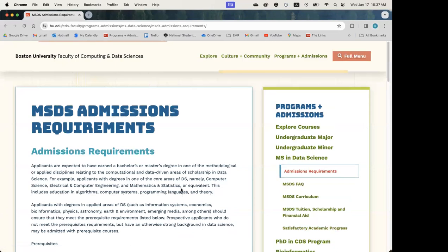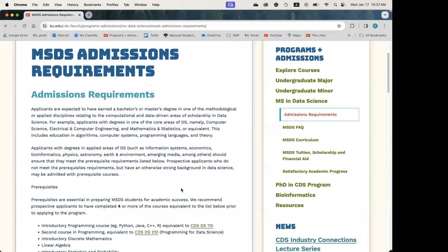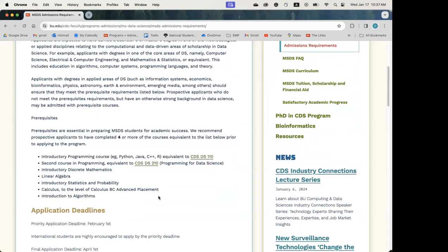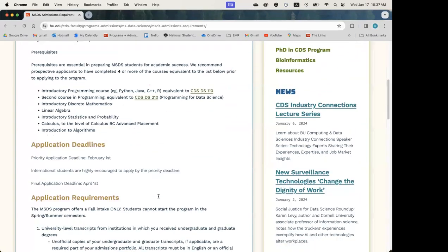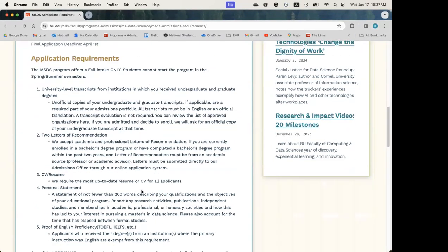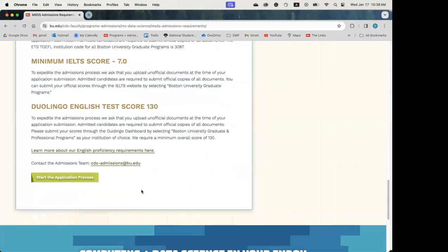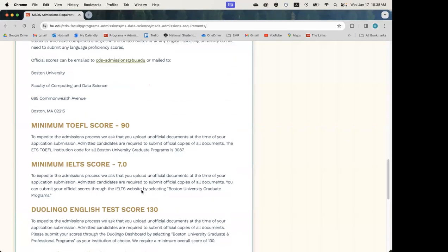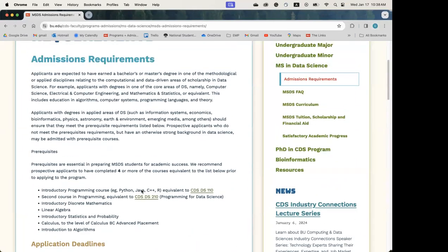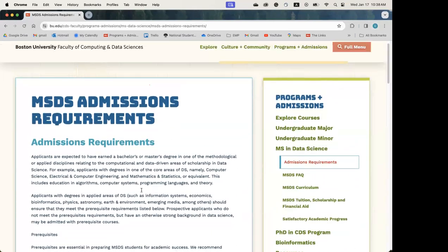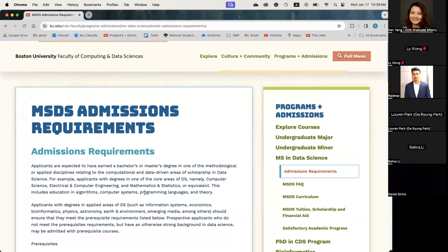So for admission requirements, if you forget anything that I mention today, definitely come back to this page, because it has all the great information about application deadlines, requirements, and so on. Everything you need to know is available here. So again, a great page, definitely bookmark it as you apply to the program. All right, let's go back to the main page, MS in Data Science,